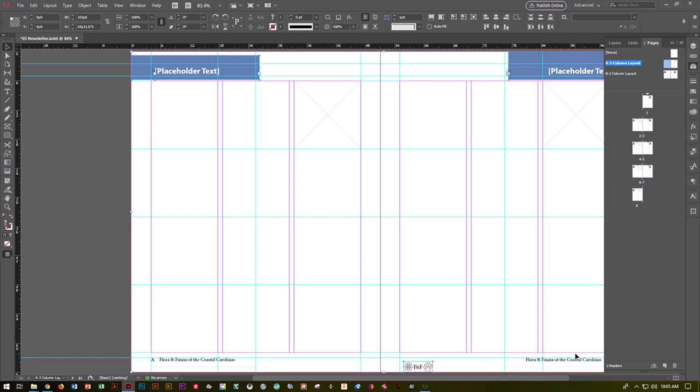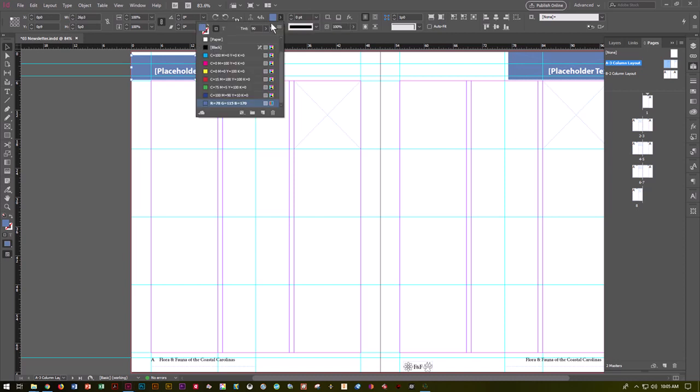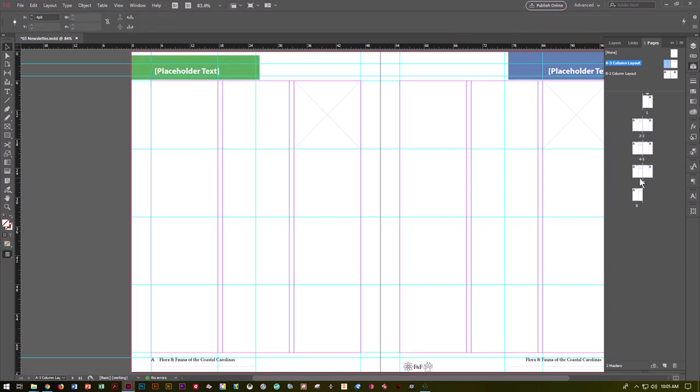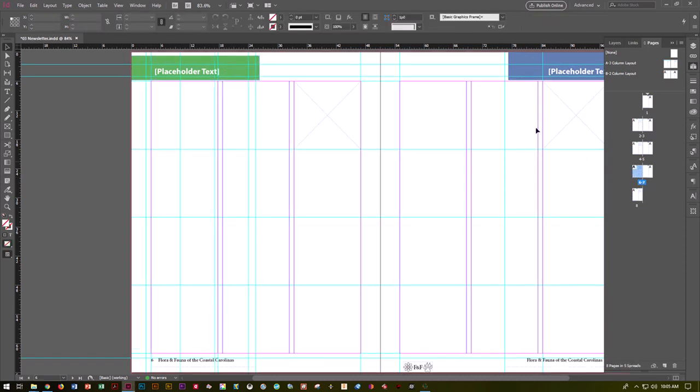Alright, so what else can we do? We can decide, okay, I want my left-hand page not to be blue, I want it to be green. So I'm going to go up here to my fill on the control panel, click, and I'm going to choose green. So now, if I go down and look at my page 6, I've got a green, I've got a blue,